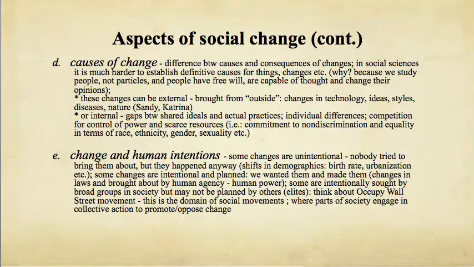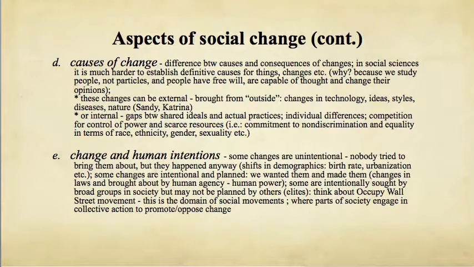And here things get a little tricky because there's a difference between causes and consequences of change, because in social sciences such as sociology, it is much harder to establish definitive cause for things, right? I'm sure you guys remember from chapter 2 of your Sociology 101, where you probably talked about causation versus correlation. In sociology, it's harder to establish definitive causes of things because